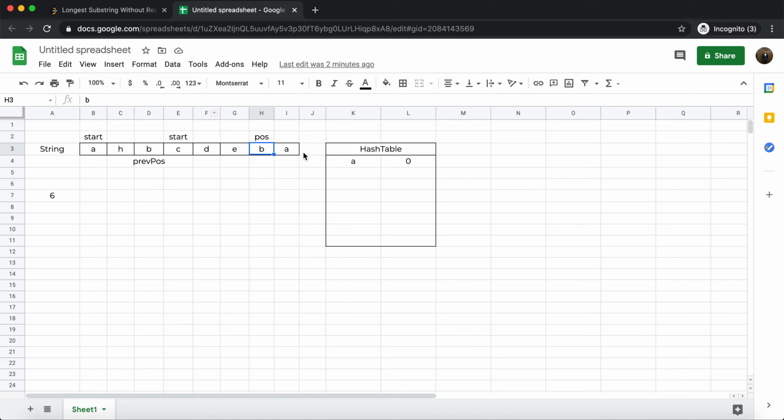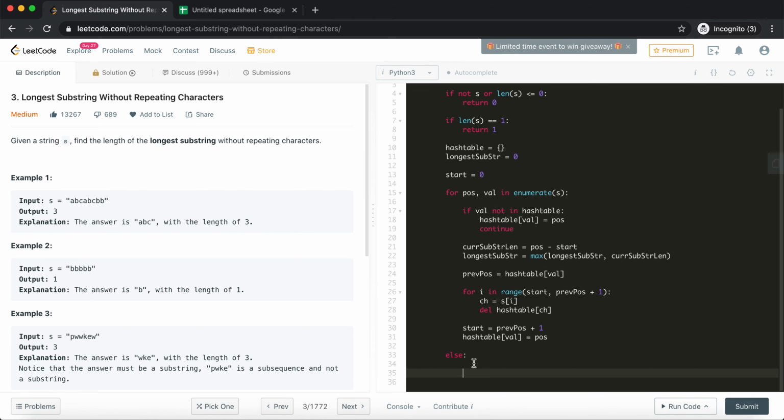Once we reach the end of the string, we also need to handle the last substring case, because it may so happen that we just keep on adding all these elements in the hash table till the end. When the string is completed, this last substring, from start till the end, we need to handle separately as a special case.